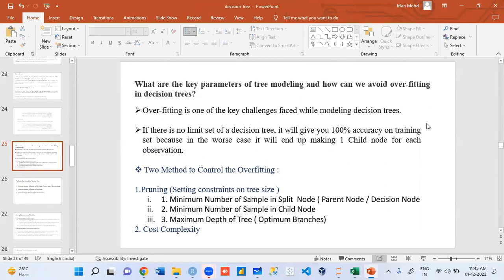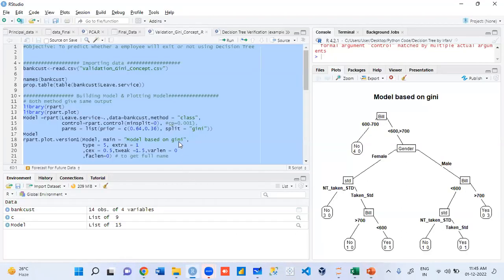Imagine we have 14 rows, we get 4 branches. If you have approximately 1400 rows, how many branches? 14 rows, 4 branches. 140 rows, how many branches? 40. 1400 rows, how many branches? 14,000 rows, how many branches? Can you explain the tree to the business now? They'll say, beta, go back to college.